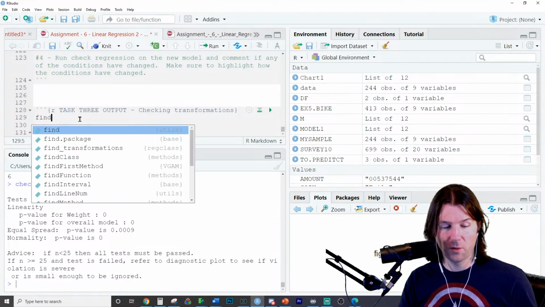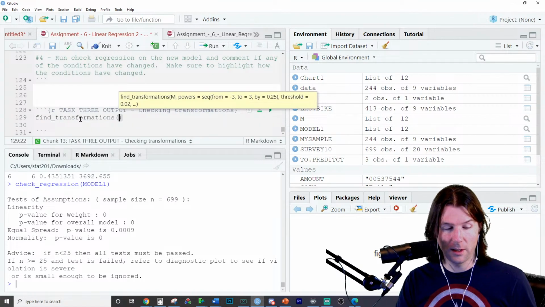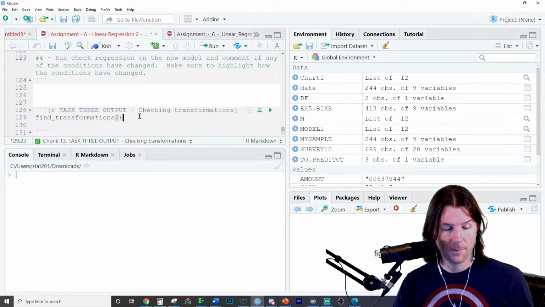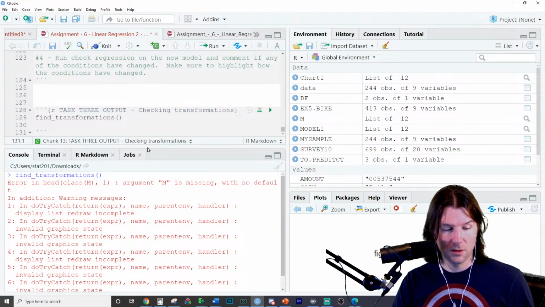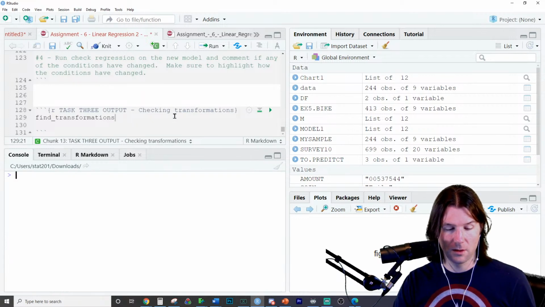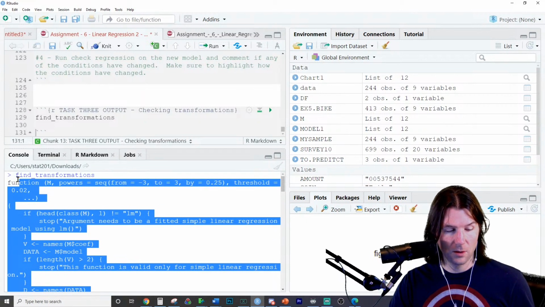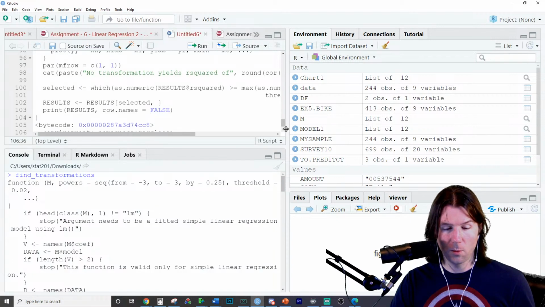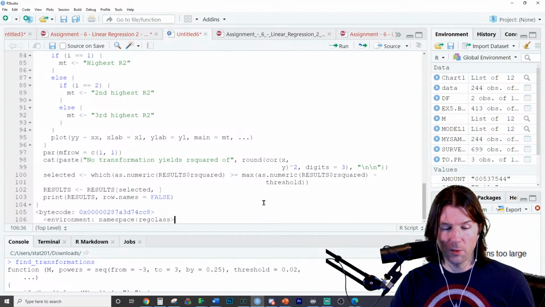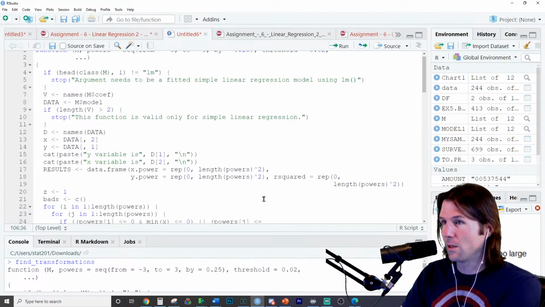If you look at the find transformation function, we're going to just take a look at it. So let's clear this out. And here is, no, we got to delete this off. So let's look at the find transformation function. And here's the find transformation function. So this is the function Dr. Petrie created. And the way it works is it's going to go through a vector of numbers and calculate the